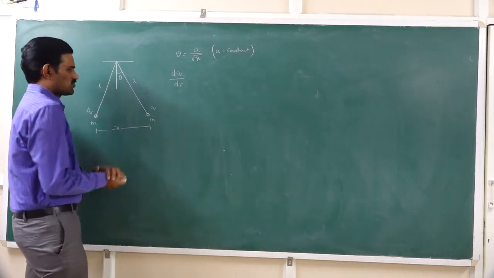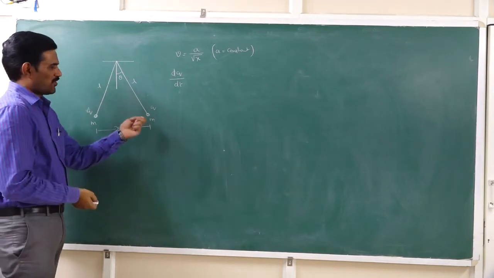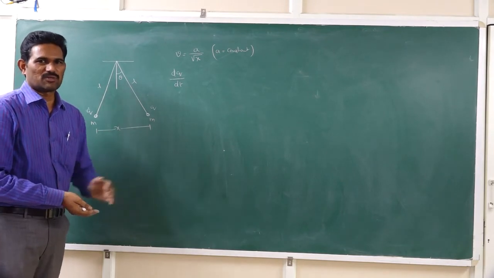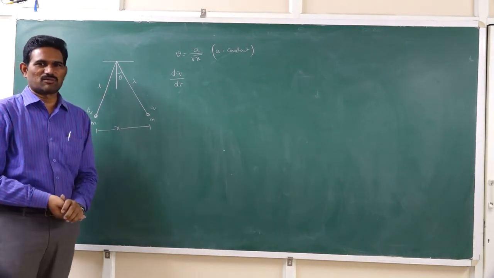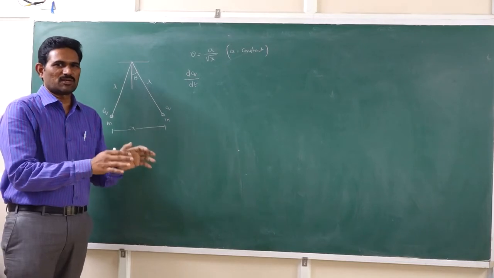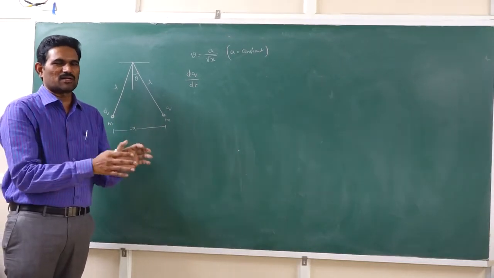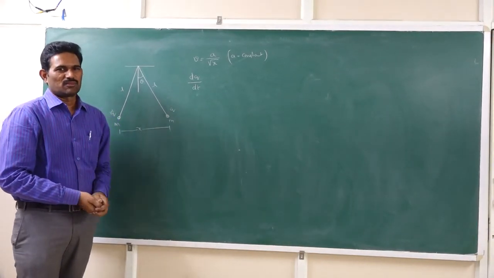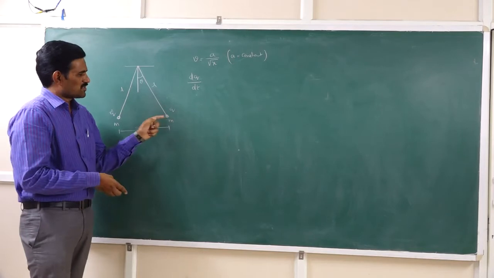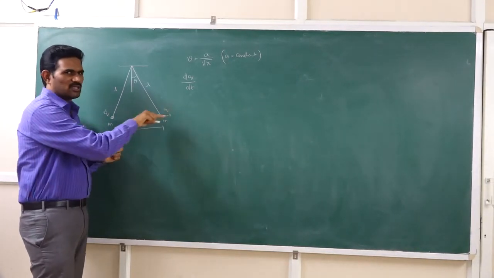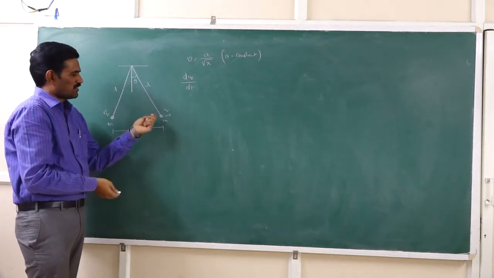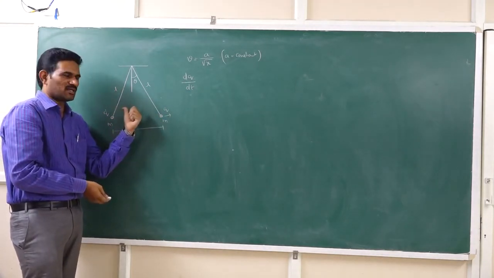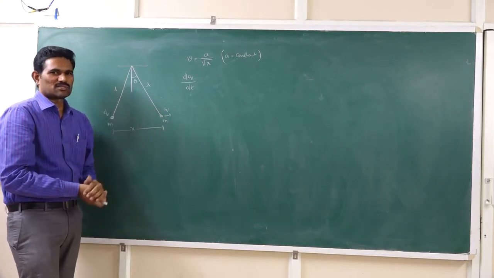If the charge on the bob remains constant, then the bob will be in equilibrium at a particular angle, which we calculated in the previous classes, like tan theta is equal to f by mg. In that position the bob remains at rest. When the charge is slowly leaking from the bob, the force will decrease, and then the T sin theta component will be greater, and so the bob will start moving to this side.